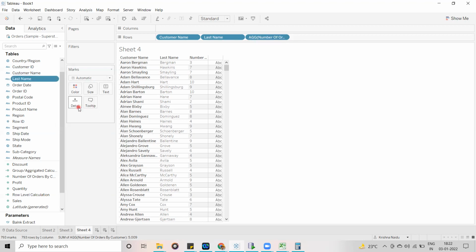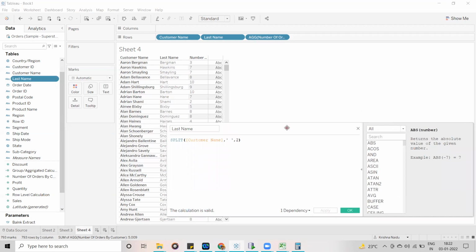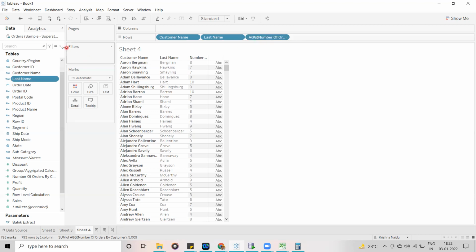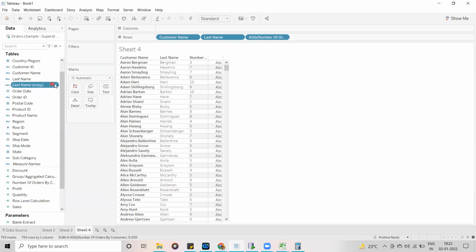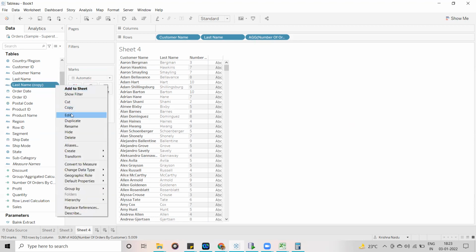So edit. For the last name we have already written a calculation. So if you want to display the first name with a different header, then you have to create one more calculation, or you can duplicate this one. Now here you can edit this one. Okay, guys, the edit option will come only for calculated fields.